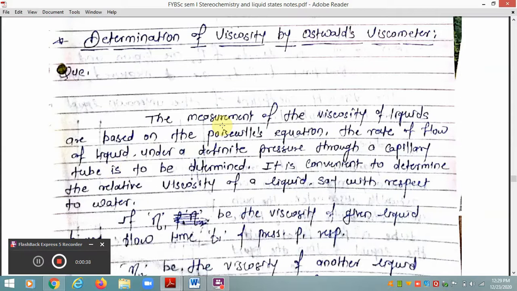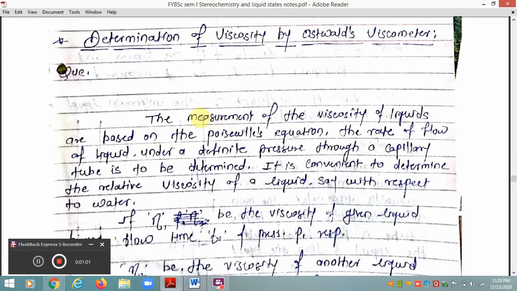And we discussed the various types of viscosities like relative viscosity, specific viscosity, intrinsic viscosity, and how intrinsic viscosity is used to determine the molecular mass of the given solid according to the Mark-Houwink equation. Dear friends, based upon the same, today in this part of the video we are going to talk